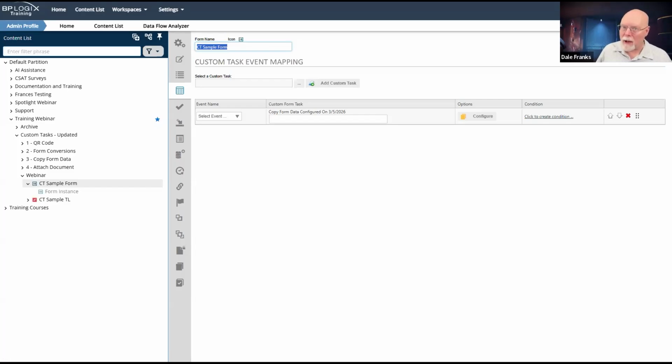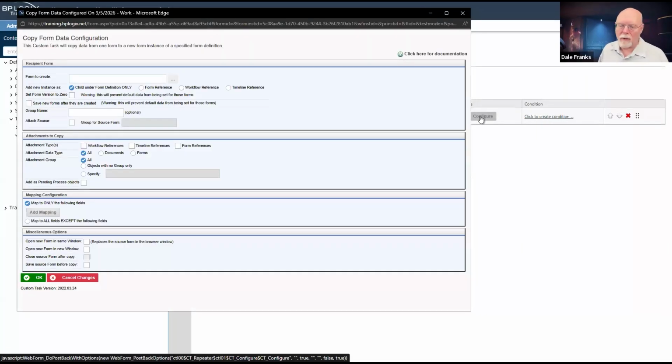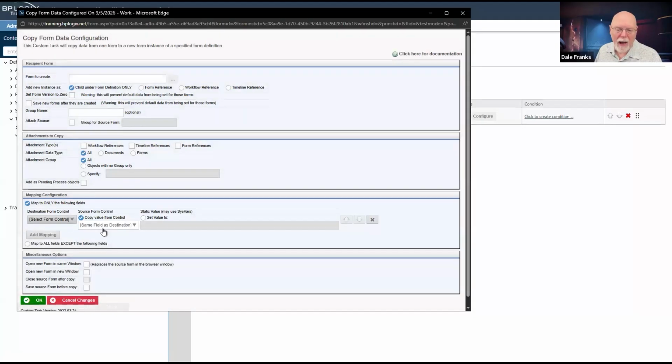So in a process timeline, you often have to set up, and always should set up, what your container form is, though technically, because it's not always necessary, it's technically an optional property. You shouldn't treat it like one in most cases. In most cases, you should set the container form, which is generally the default form for the process timeline. But on a form, I don't have to do that. I can go straight into the configuration for the custom task. And if I go to add mapping, it's going to want to see those fields on the form. And I don't have any, but if I did, they would show up in that dropdown.